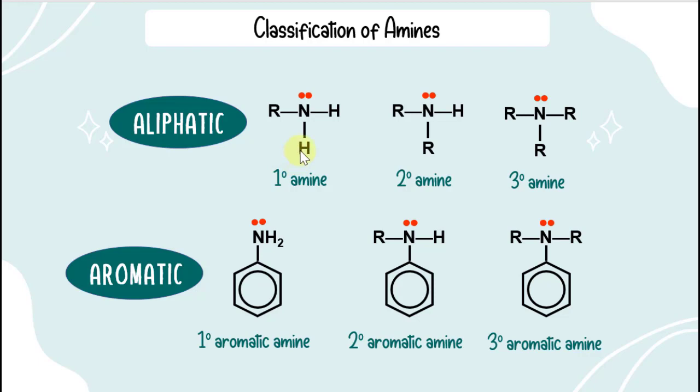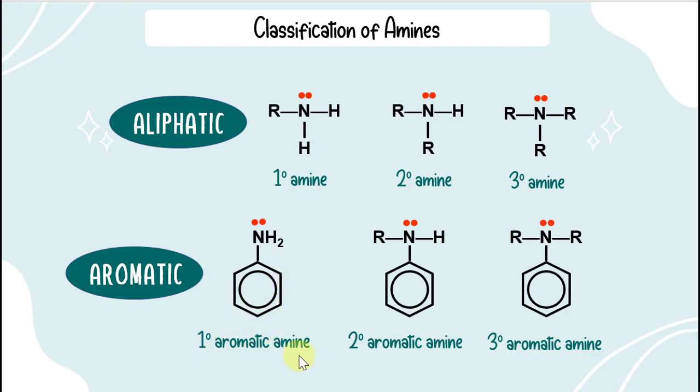That means that the formula of the primary amines will be RNH2, where R can be an alkyl group or aryl group. If the nitrogen atom is directly bonded to the benzene ring or aromatic ring, it will be classified as a primary